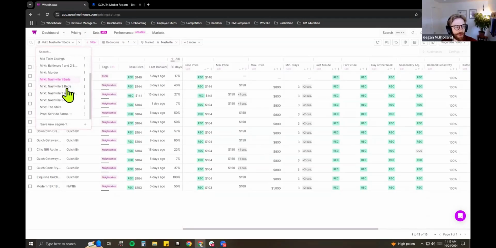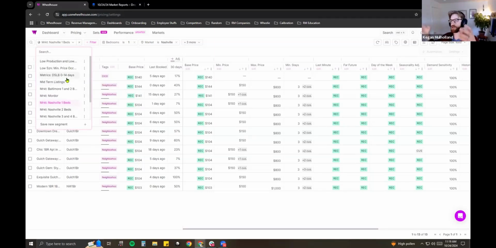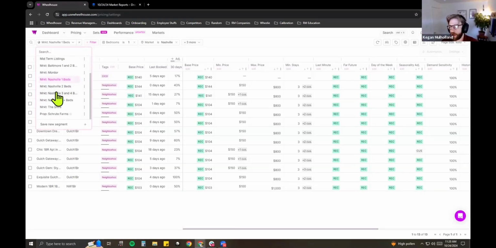And the reason I recommend prefixes is because you can see I have a lot of segments here. The ones at the top are metric based or just different. They're not using just listing attributes like the market and tags. Those are using some of the metrics ones. So I have named them differently so they're in their own spot. By default, this is just sorted alphabetically. So prefixes can help you with that.